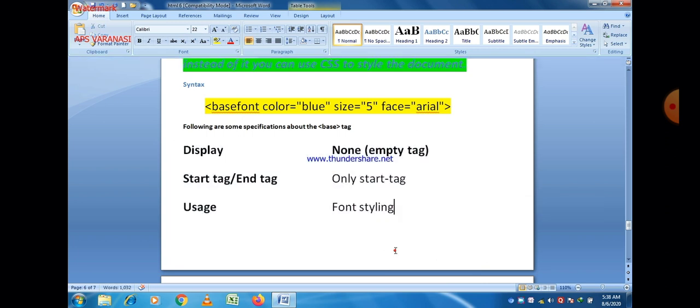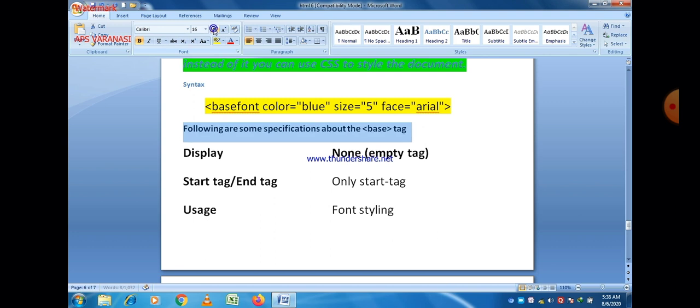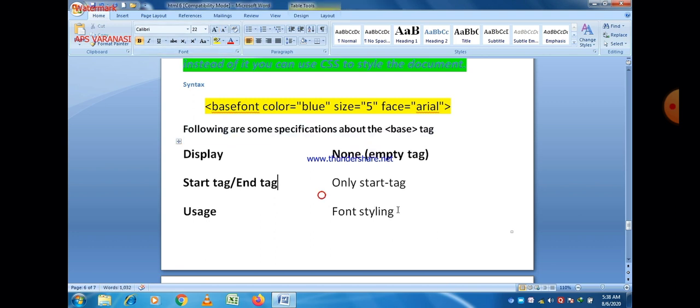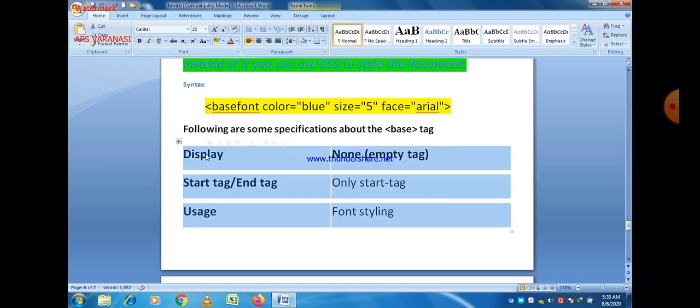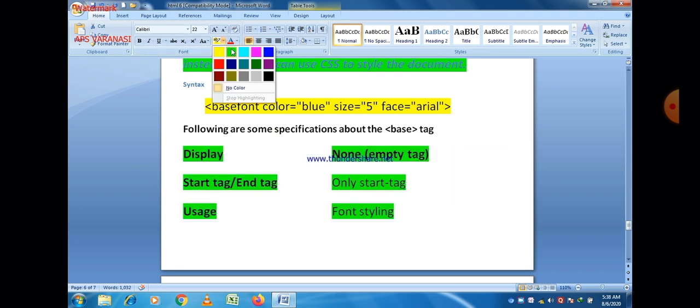And you can define color in 3 different ways: using RGB values, using the name of the color, and using a hexadecimal value. And one thing is very important: it is only a start tag, not an ending tag. It means we can say that it is an empty tag. Okay, so the start tag is compulsory. Both tags are not compulsory to use, so we can see that it works like an empty tag here.